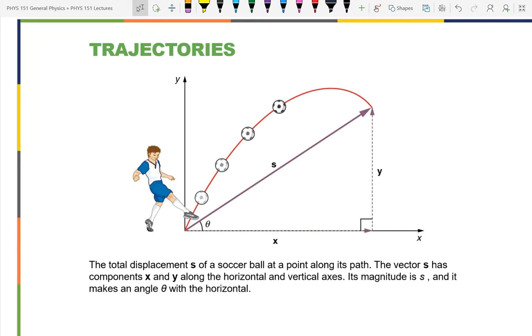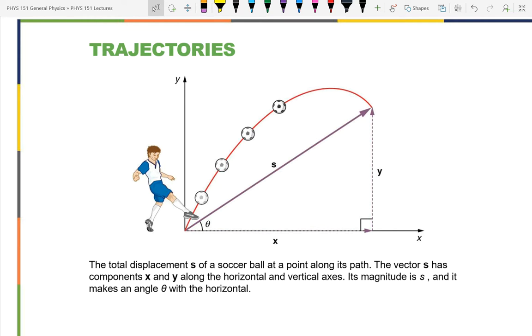Now, I said, of course, that's the only thing. But I specified previously, as far as general physics is concerned, unless specified otherwise, that's the only thing. What realistically is acting on the ball while it's in flight besides the force of gravity? Air resistance. And then there's a much smaller buoyancy due to the air. So there are a couple other things that are acting on it, but we ignore those unless we're told to include them. So for now, we ignore them.